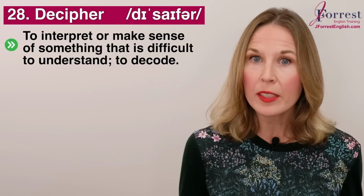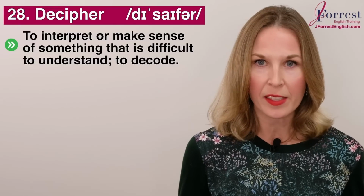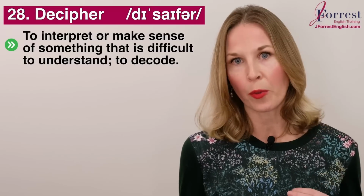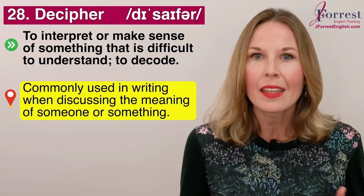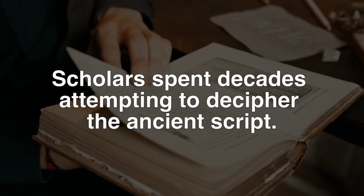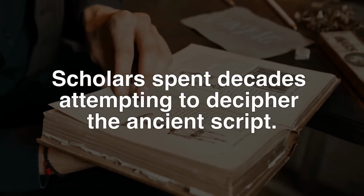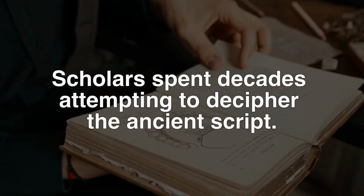Number 28, decipher. This means to interpret or to make sense of something that is difficult to understand. A synonym is to decode. This is commonly used in writing when discussing the meaning of someone or something. For example, scholars spent decades attempting to decipher the ancient script, so attempting to understand the meaning of the ancient